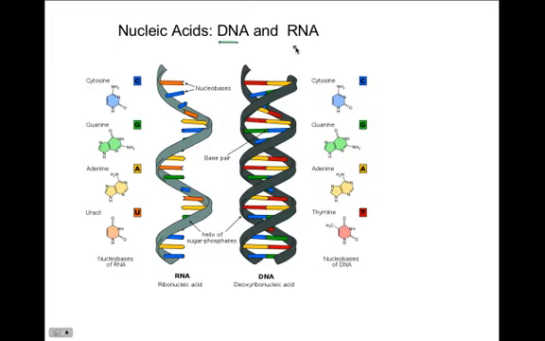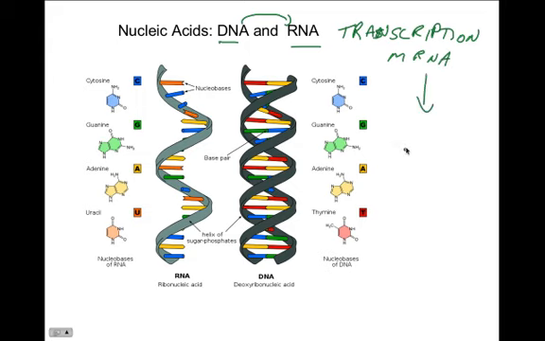Nucleic acids, DNA and RNA. We're going to find that DNA communicates to RNA to ultimately do something called transcription, which is essentially writing a molecule called mRNA. Some of you might have heard that before. And ultimately this mRNA is going to be translated into the protein, and the protein can have different functions. Both of these are going to be considered nucleic acids because they contain these things called nucleotides.